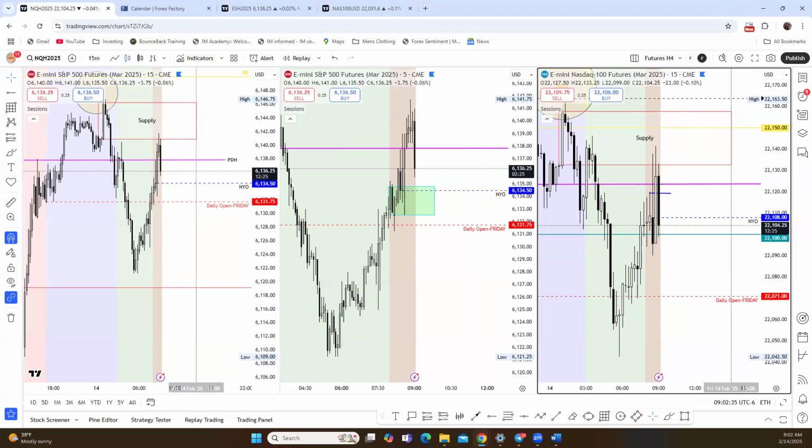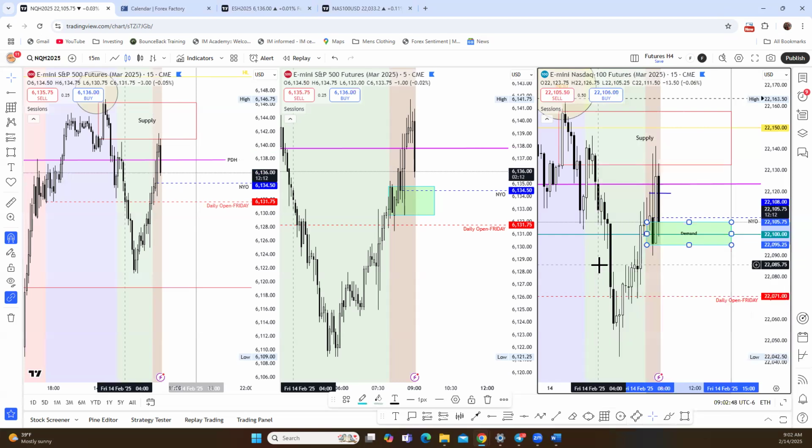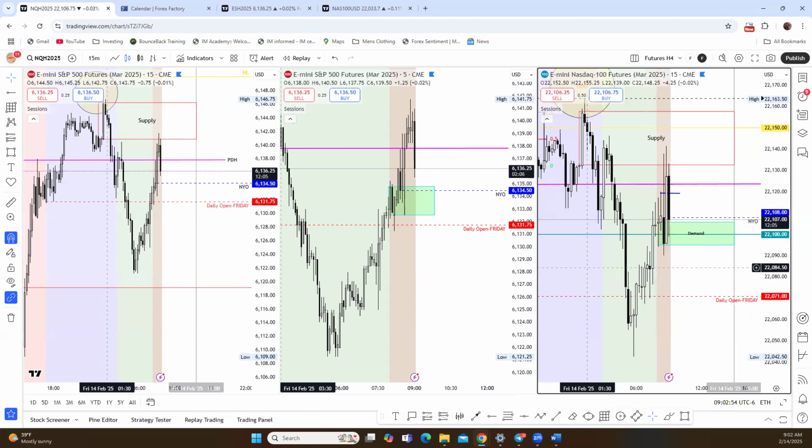Yeah, see that. So you'd want to see if they're going to test that wickage right here. Otherwise, they're going to go below daily open. And I would say, me personally, I would trail my risk on my CFDs, and I'd probably be good just for the week because I only have one loss on the table in this.